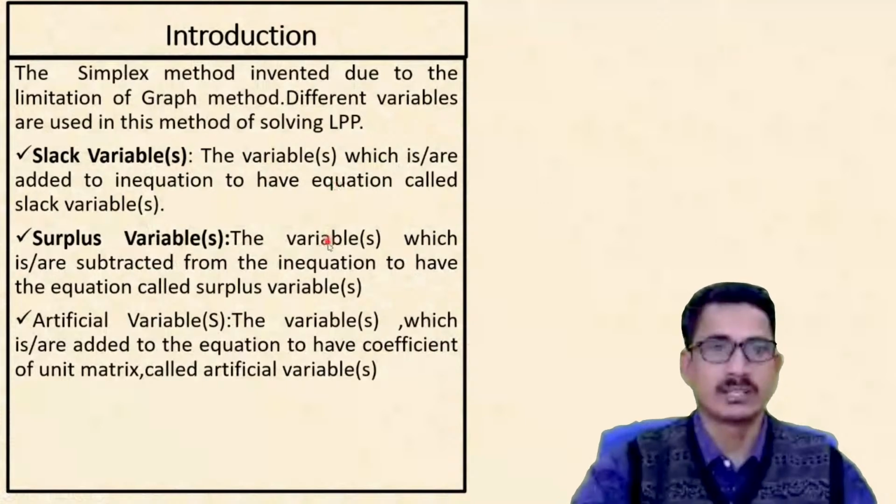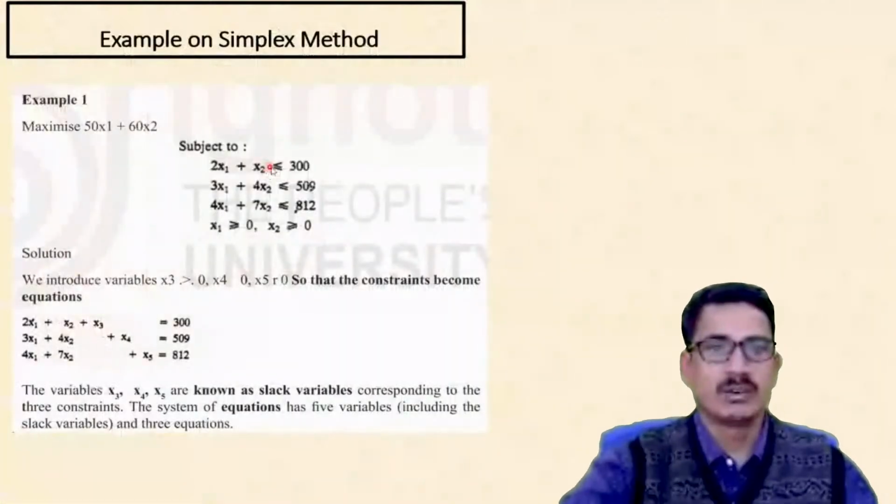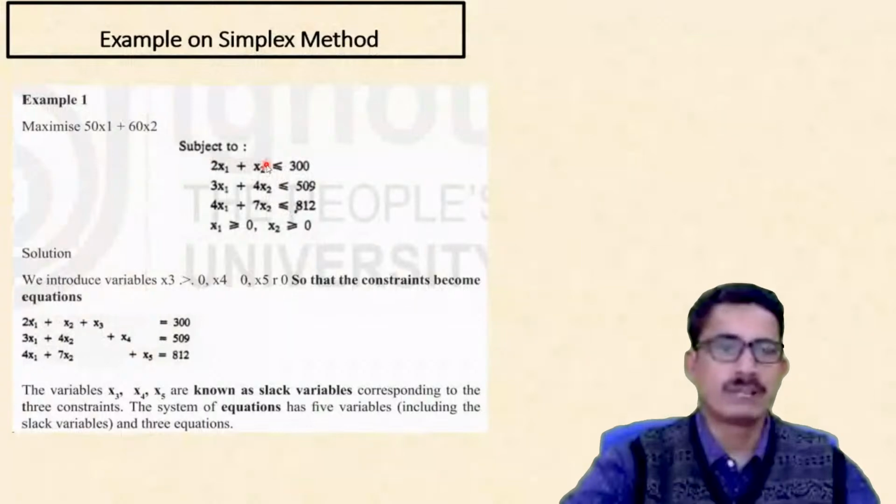See, in this example, all these inequalities are less than or equal to. Somehow this left hand side is lesser or maybe equal to the right hand side. In this case, one variable you have to add on the left hand side to make it equal. Sometimes the question may come to mind, if you are adding something because the equal symbol is there, it may be more than this. Now remember, always